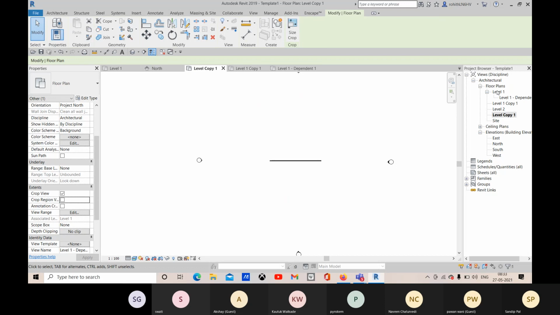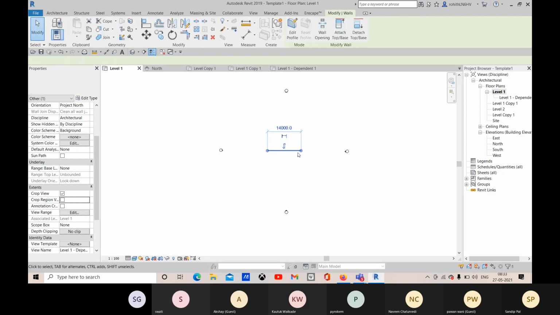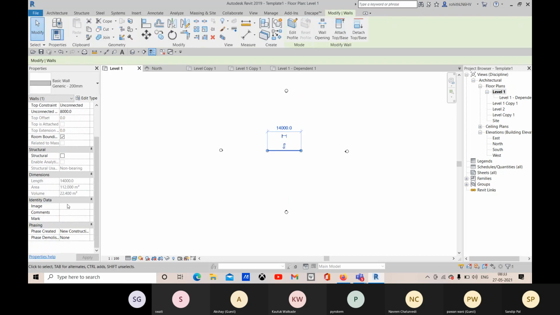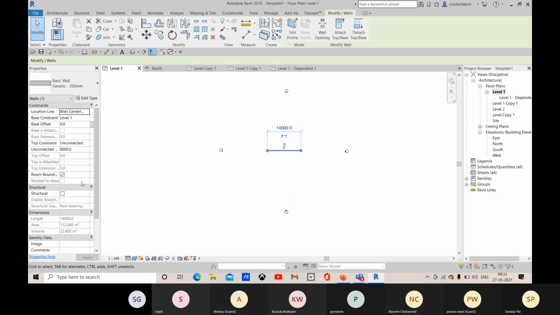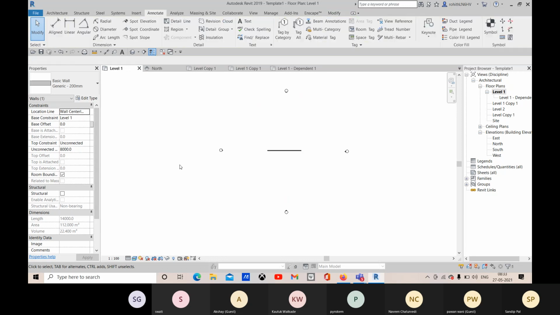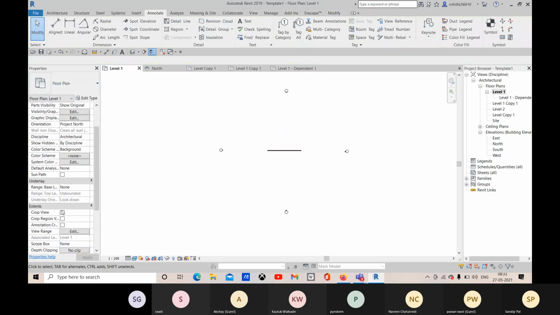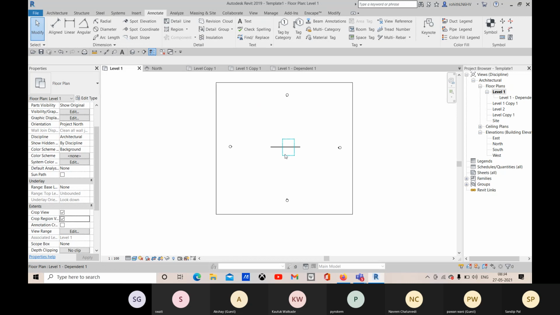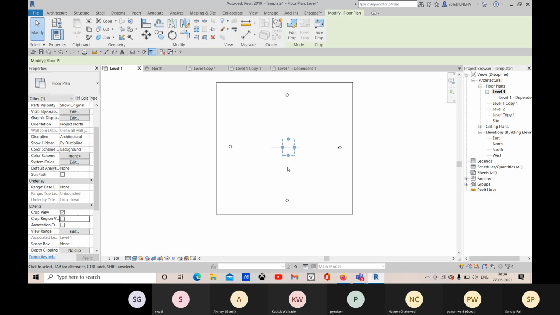All right, so this is level one, and here you can see that this is the original view. And if I come to this floor plan, and here if I go to the crop view, and let's make this crop region visible, here you can see that we have this dependent view over there. One dependent view is visible.